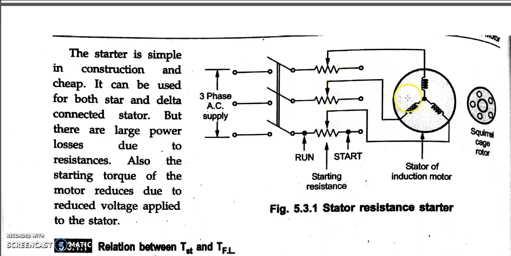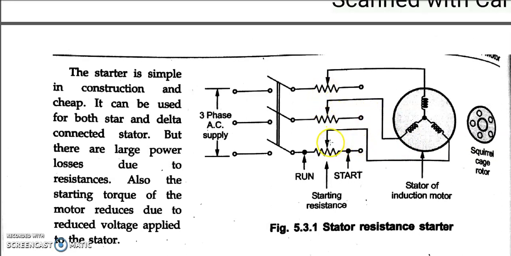When your machine, or your AC machine, reaches around 70 to 80% of its rated speed, what you can do is bring these 3 connections to the run position, so that the full rated current, or depending upon the load condition, the currents can start to flow. So what we did here is limit the starting current for all the 3 phases, not just one phase.